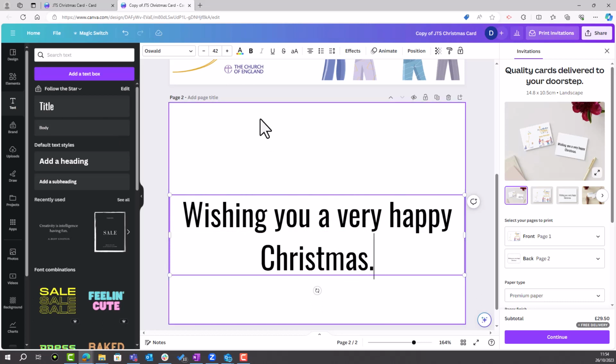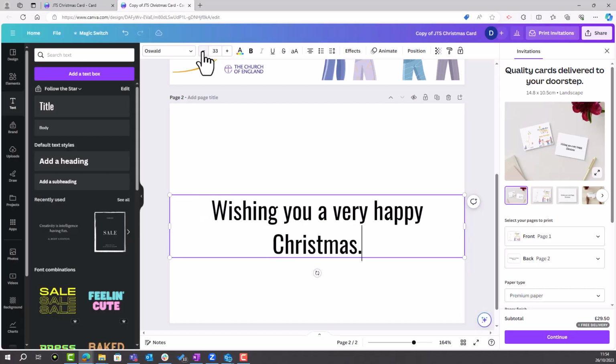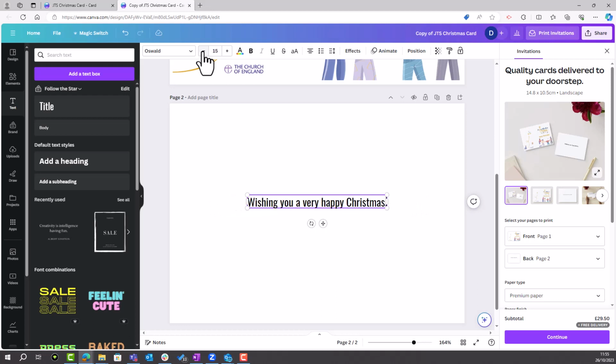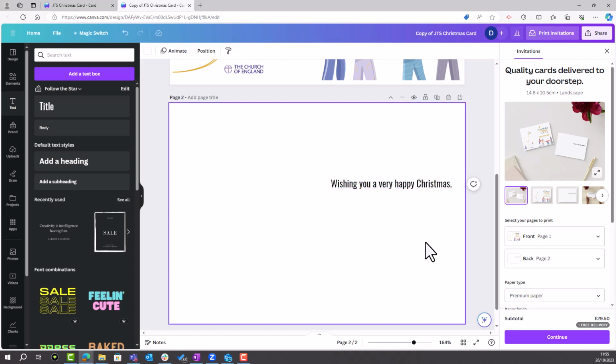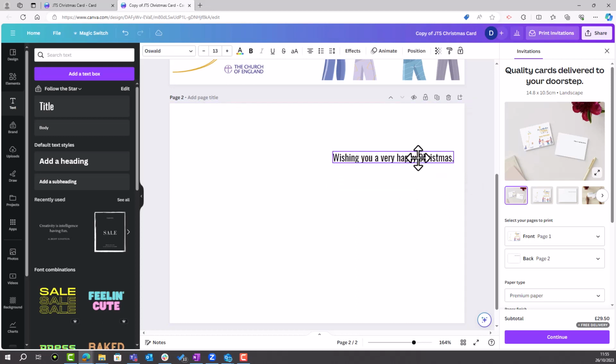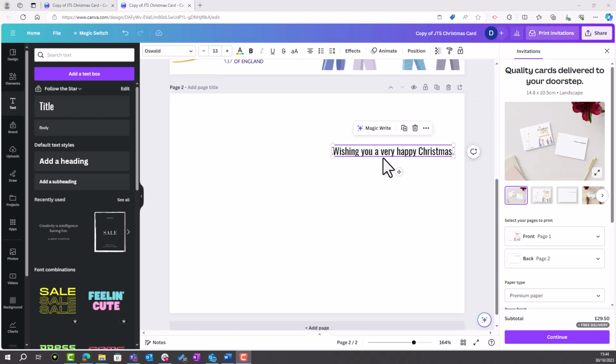I'm going to make that a bit smaller by clicking on the minus symbol. And let's now drag that into the middle on this side of my card, which will be the inside. I'm going to move it up a bit. So now that we've added this bit of introductory text, which is acting as our heading, let's go ahead and